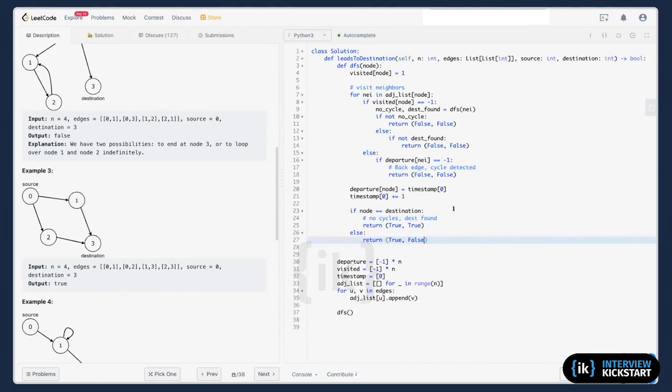Yeah, the code looks weird because this is true. I think I can remove this, but let me try this further. This looks weird.